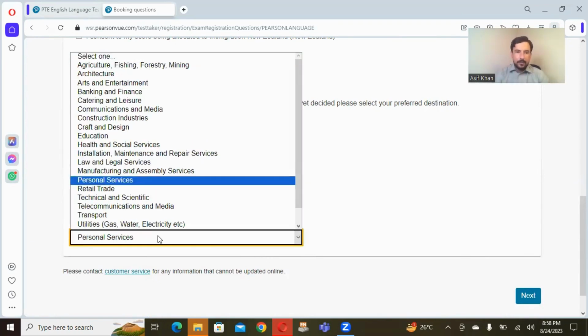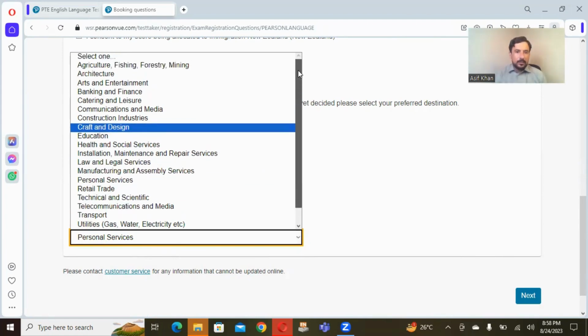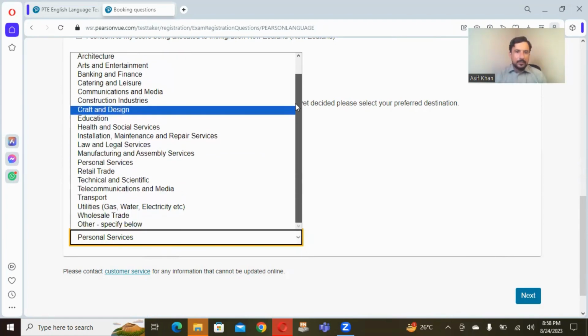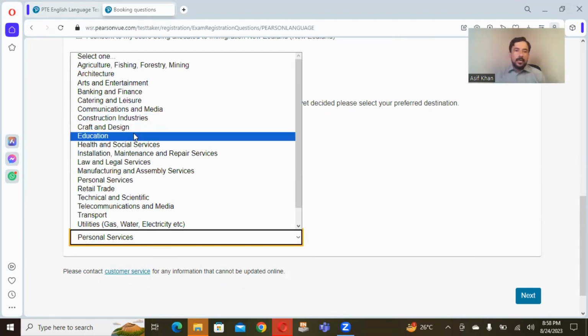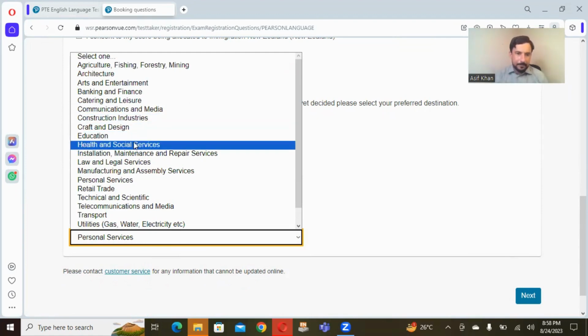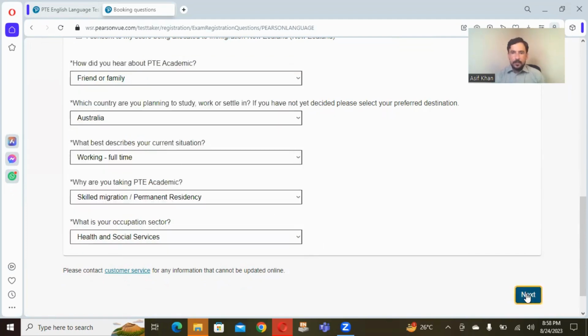So I will select, suppose. So these are some of the sectors: health and social sciences, okay, retail trade and the other, okay. So there are many. So you can choose according to your profession, okay. So next,